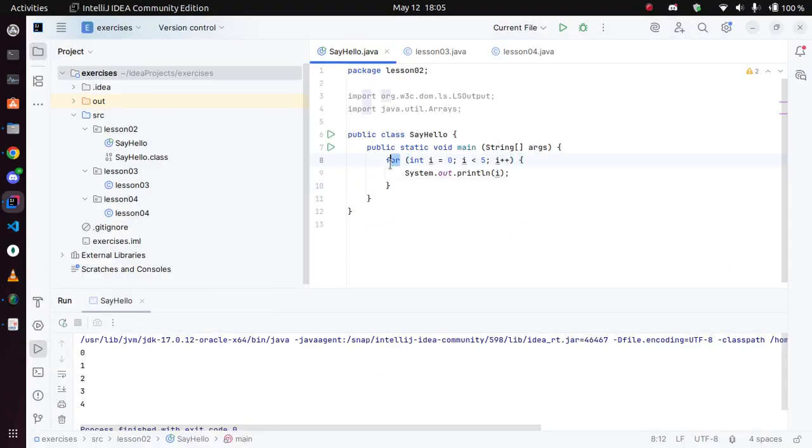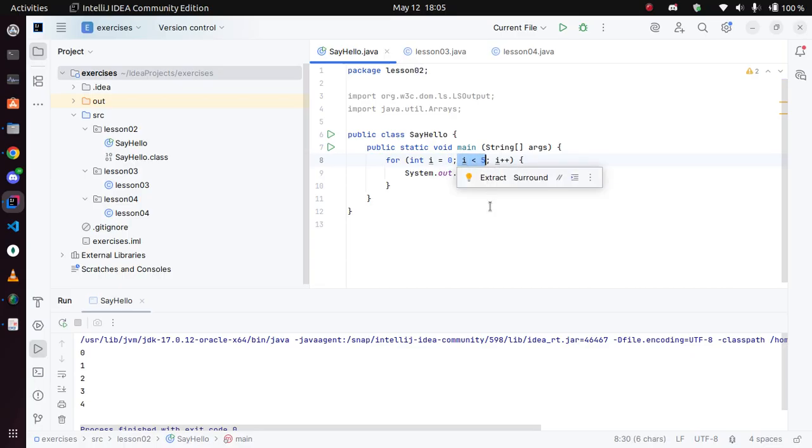So for int, you're initializing an integer, you're giving it 0. So for every value that is less than 5, increment. So we're initializing the loop at 0. I'm running through the thing, I'm sprinting, and initialize an integer at 0, and then while